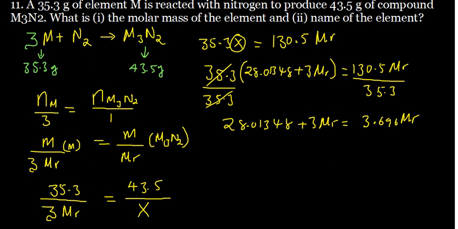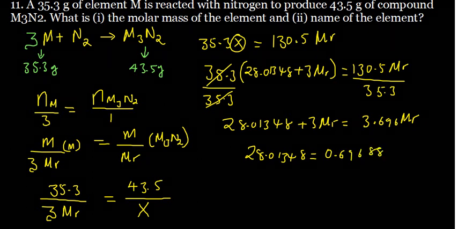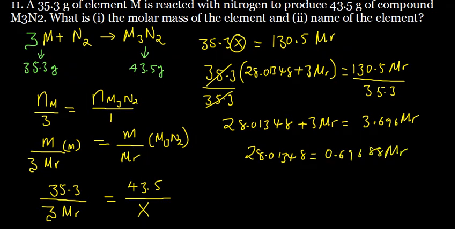So it's going to be 3.696 minus 3. So we are going to have 28.01348 being equal to 0.69688 molar mass. And then to remain with the molar mass, we divide 28.01348 by 0.69, and that is going to give us